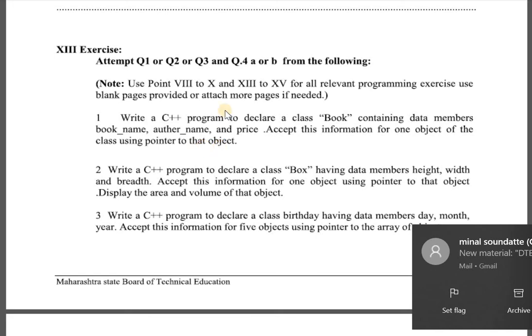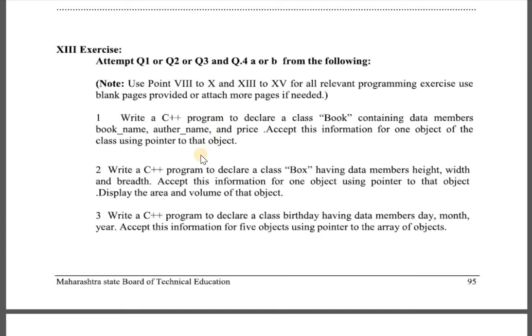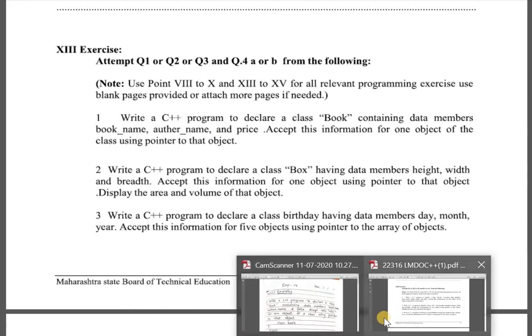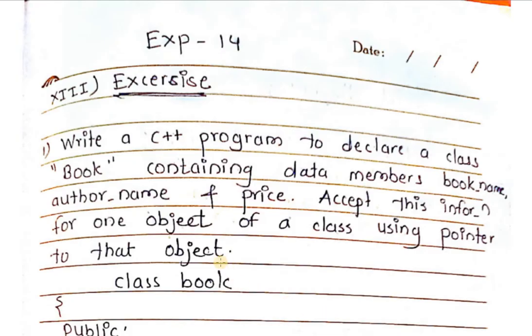Here, by using the pointer to object concept, you want to create one program in C++. That program contains a class book and the data members are book name, author name and price. This information is accepted and displayed for only one object. This program you want to write by using the pointer to object concept. Let's see the program.